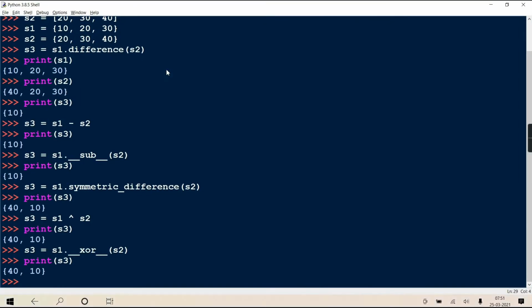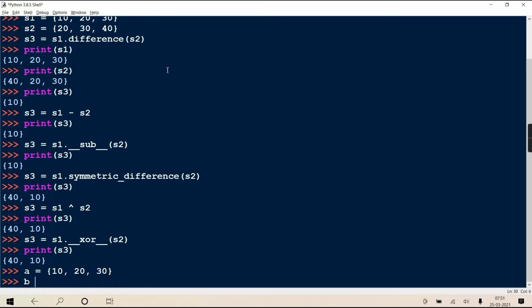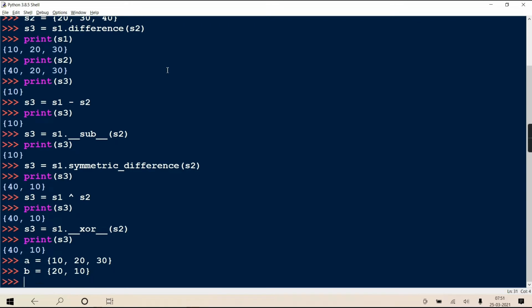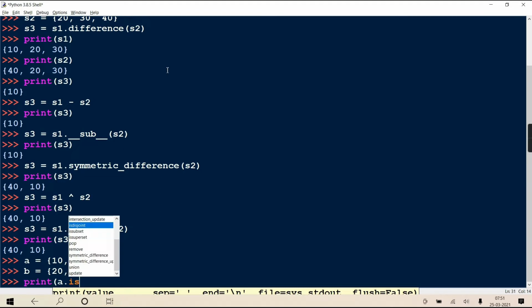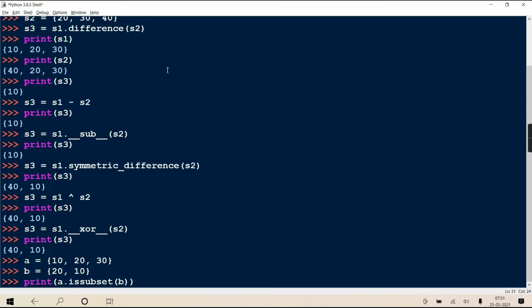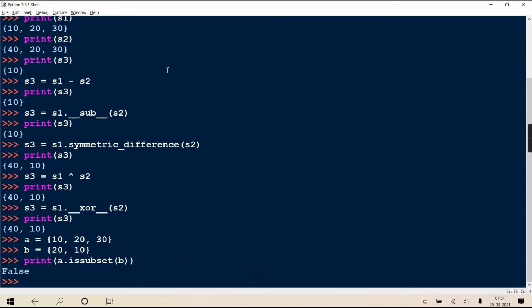See, if your set A is 10, 20 and 30, and another set B is 20 and 10 suppose, and now you are checking whether A is a subset of B, A is not a subset of B, therefore it gives false.